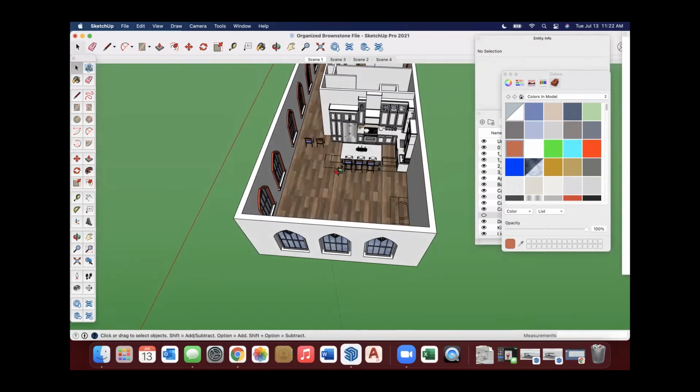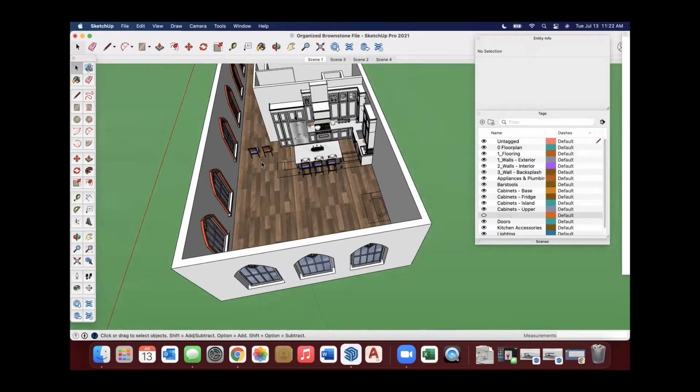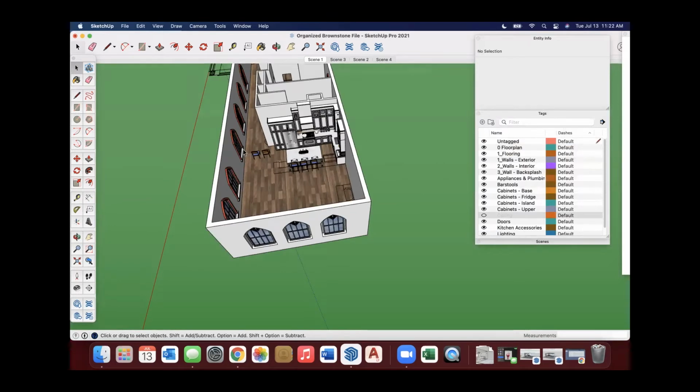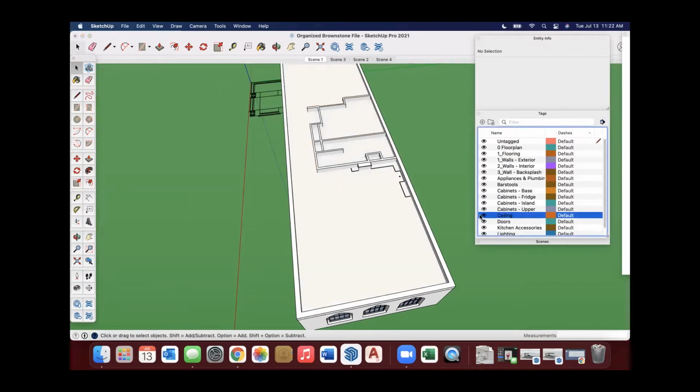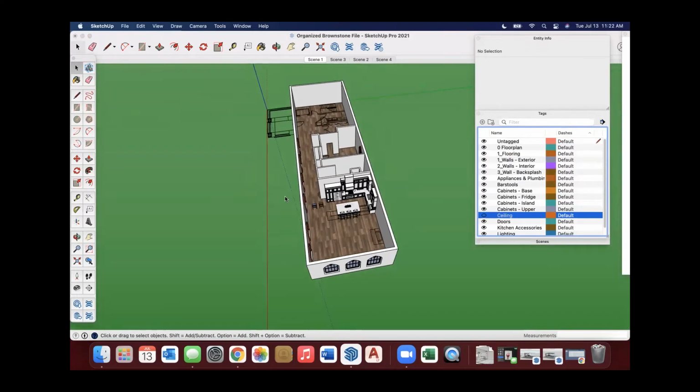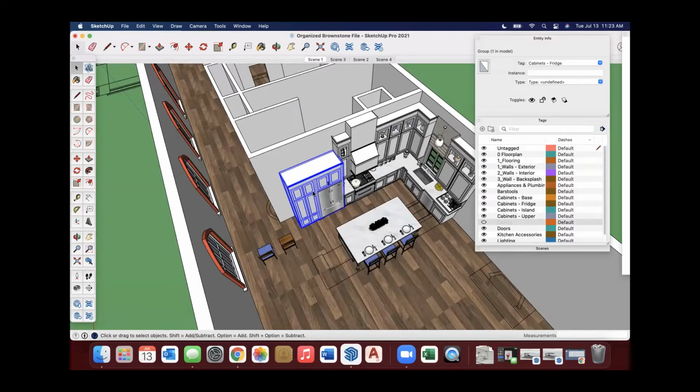So how do we organize this? I'm going to close out the palette or the materials bucket. The biggest thing, in addition to components and groups, is we want to make sure our layers stay really organized. Like right now, I can immediately click the ceiling to turn that off and get it out of my way. And as I look at this, if I click on just these cabinets right here, sorry, again, my computer is spinning the wheel of death. Okay, when I click on this area, I can see that it is located on the tag cabinets fridge.